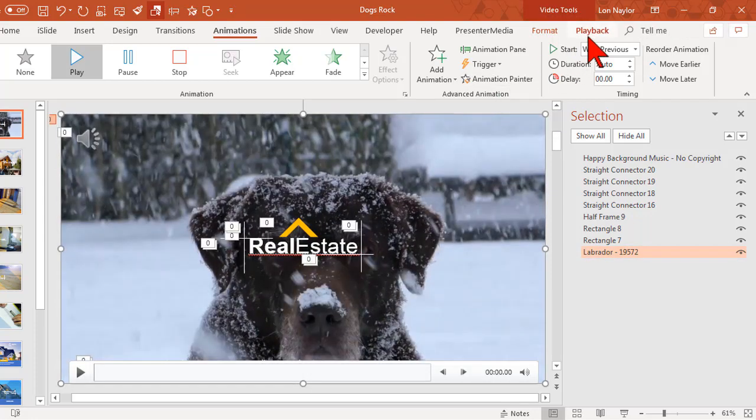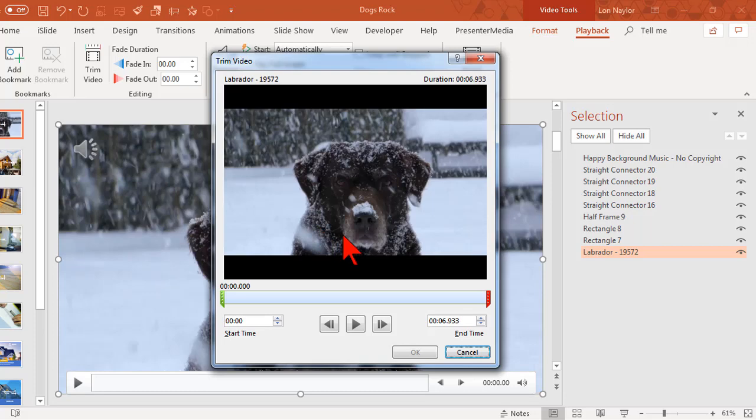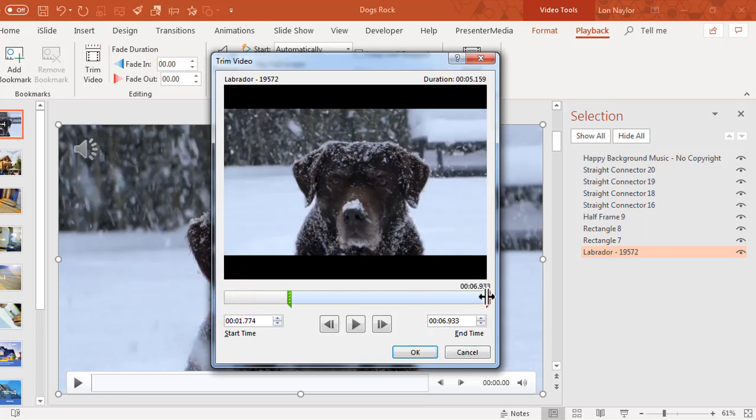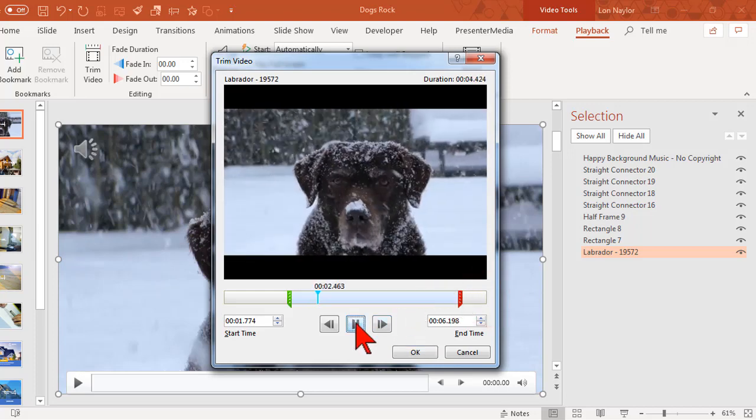Let's click on the video clip again and go to Playback, and then to Trim Video. Here we're going to pick whatever segment of the video that we want to show up in the slides. So I'm just going to trim this down a little bit. Preview it,